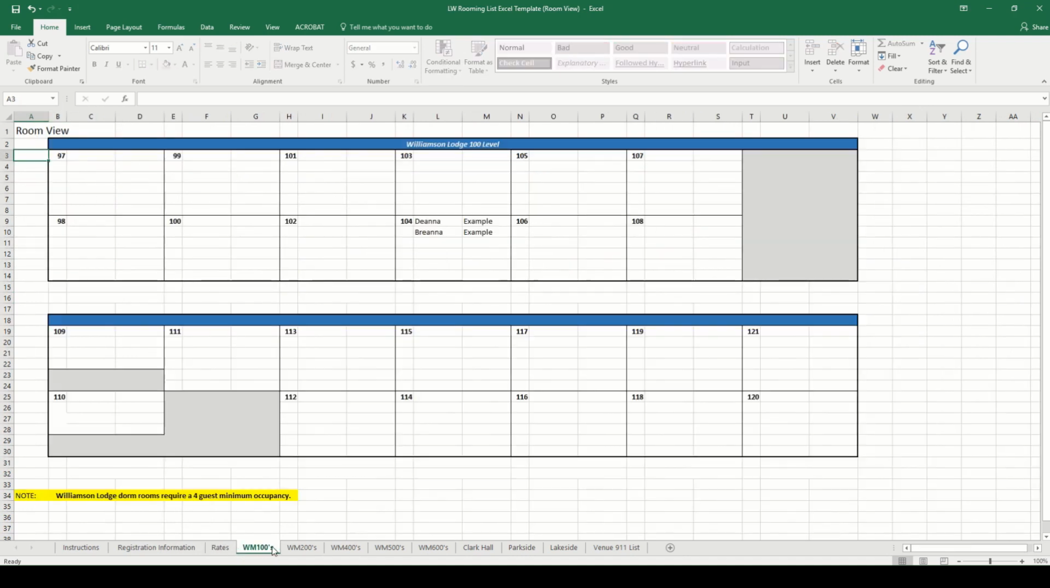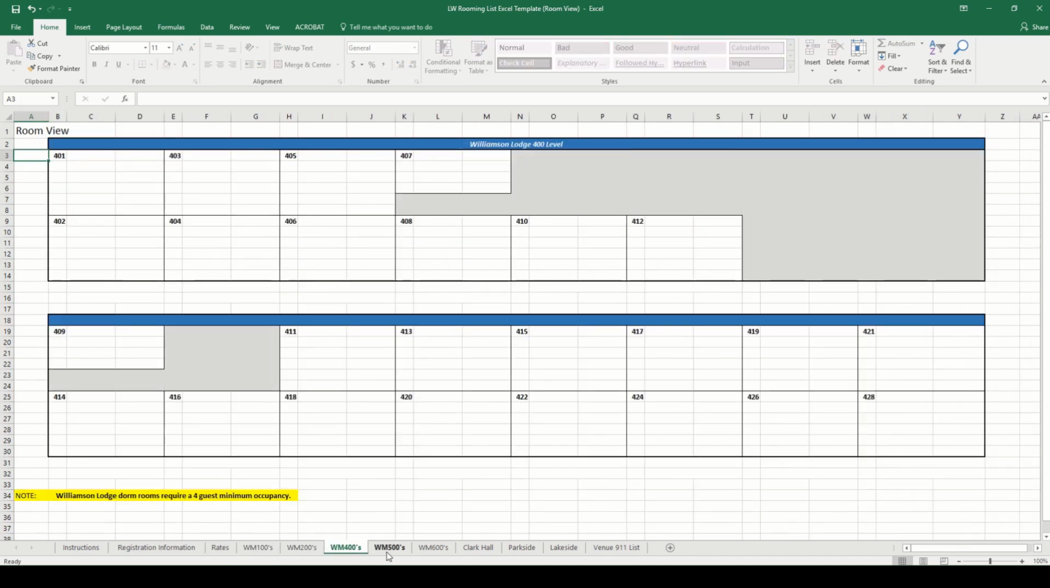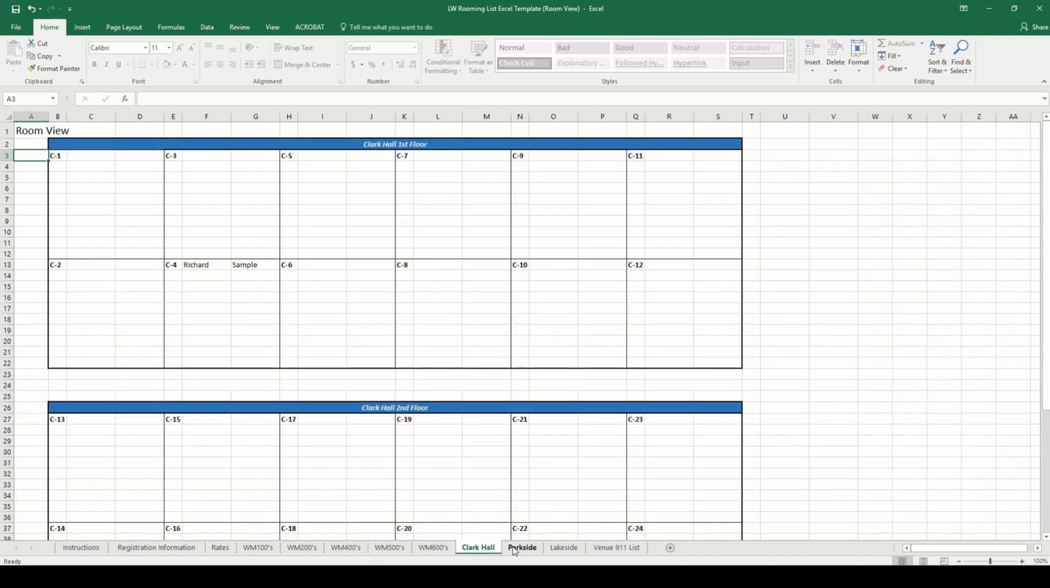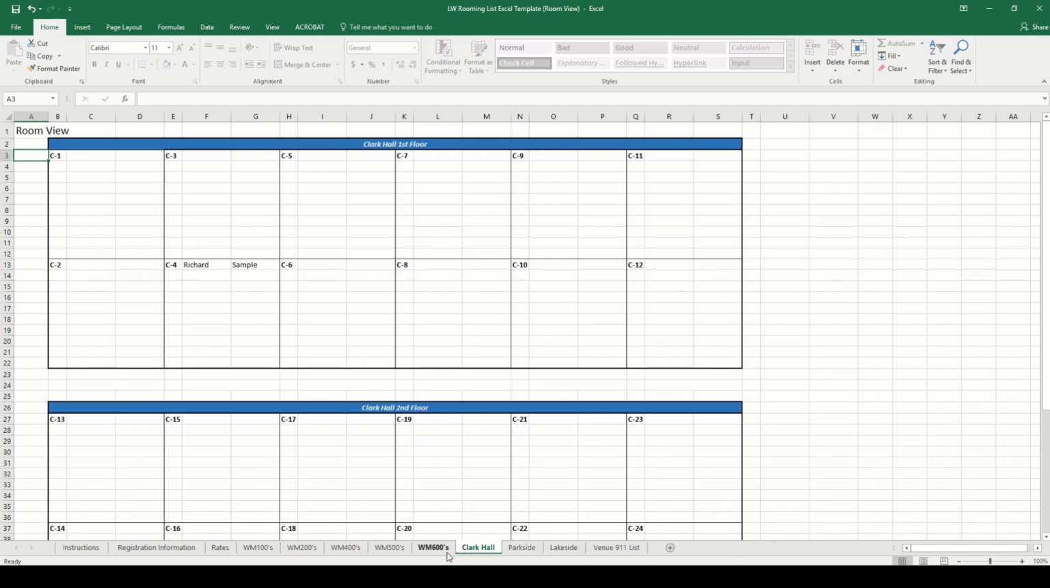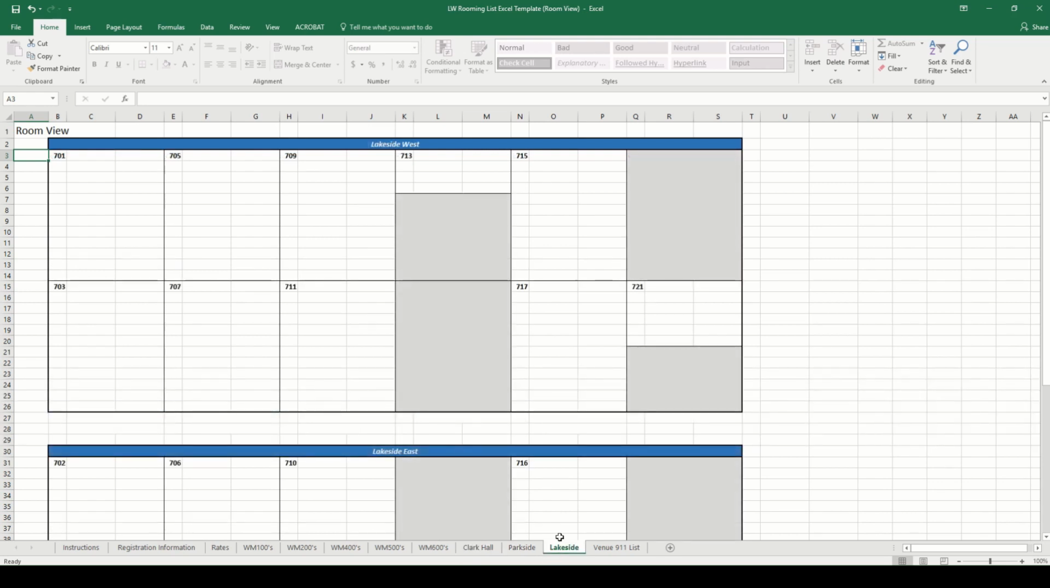So now that we have our rates set, we are going to go through all the lodging options, which here at the bottom you see these are WM, and then numbers, that stands for Williamson Lodge, and the section of the building it's in. And then we have Clark Hall, Parkside, and Lakeside. And as I go through these, you'll see that not every sheet is the same. And that's because these are set up with the layout of the building in mind, which means here at Lakeside on the west, 701 is next to 705, is next to